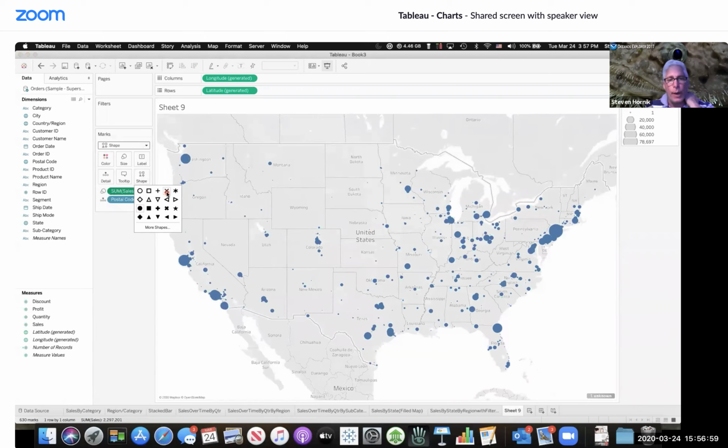We could change it to X's if we want. I don't know if that helps anything. We can make them open circles. Again, I'm not so sure that helps very much. So I'm going to go back to the way it was and use solid circles. But what I'm going to do is change the opacity